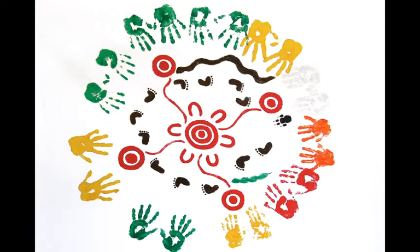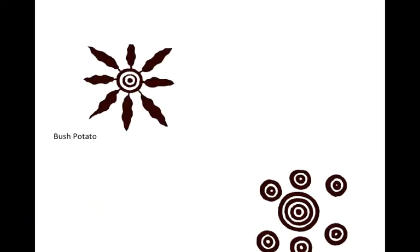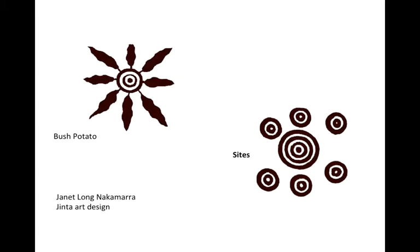People, countries, relationships, belongings, all joined by footsteps of the researcher, of myself. Iconography and symbols from Jinta Art Design by Janet Long Nakamura have been used. The bush potato symbol at this part of my research journey representing Indigenous knowledge, and a symbol for community to represent coming together, sitting down, sharing and telling stories. The journey, this research, grows from desert through coast, through reading, through listening, through doing, and what's emerged for me is Indigenous knowing,